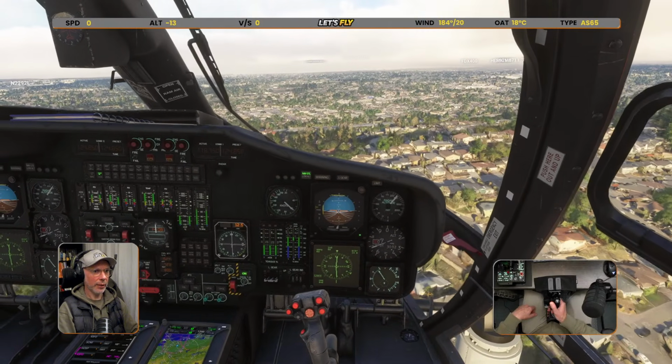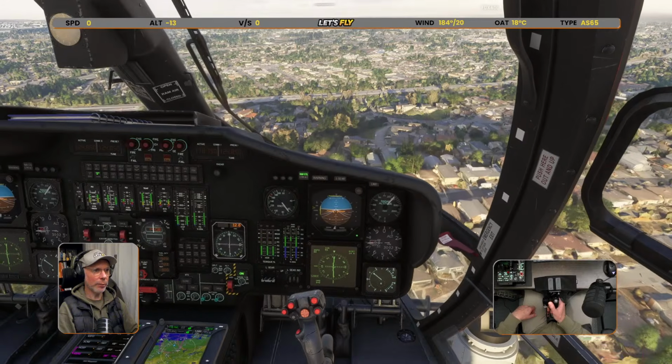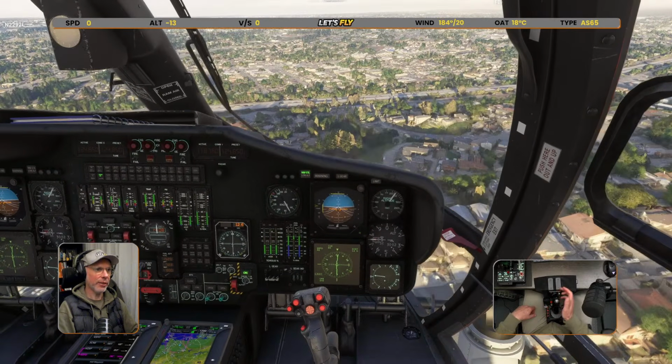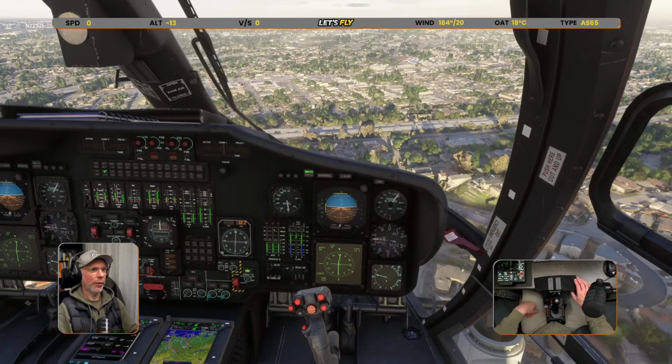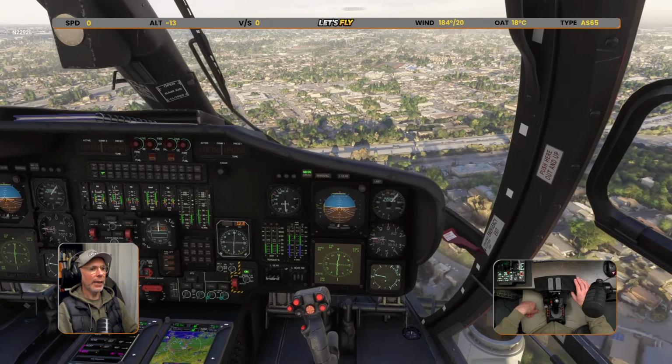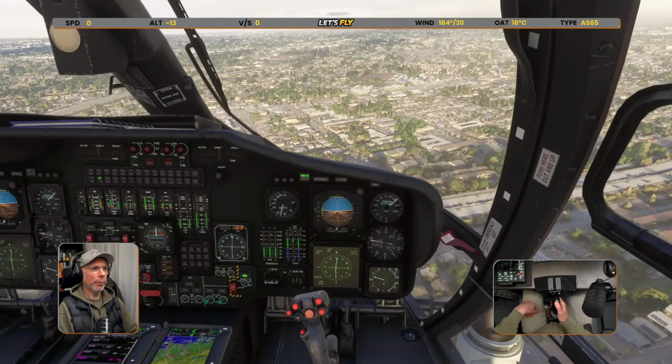Whoops. I was pushing into the springs, and then when I used the trim release, it then sprung up. That's how it should behave. I just handled that one not that great. 80 knots. We are climbing. We're quite low over the population of...